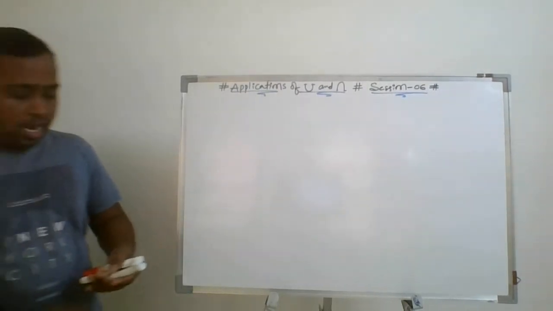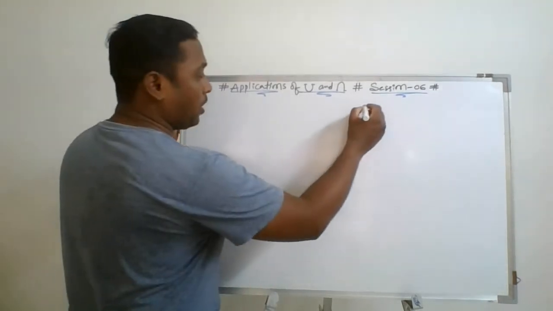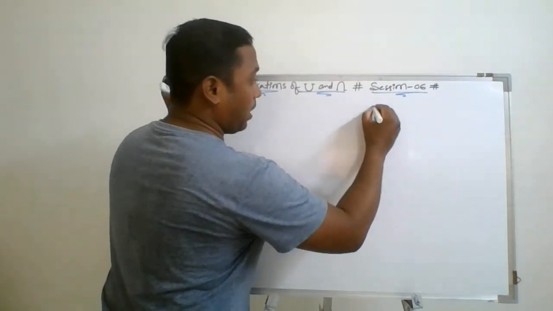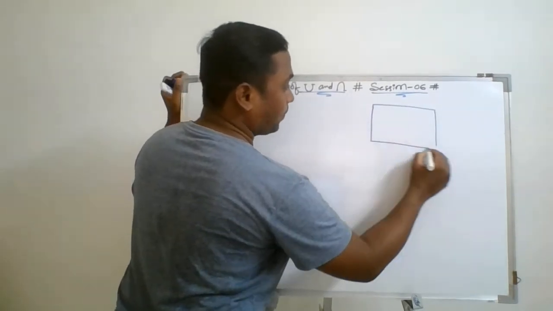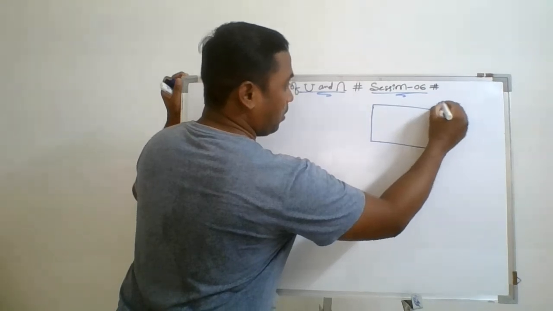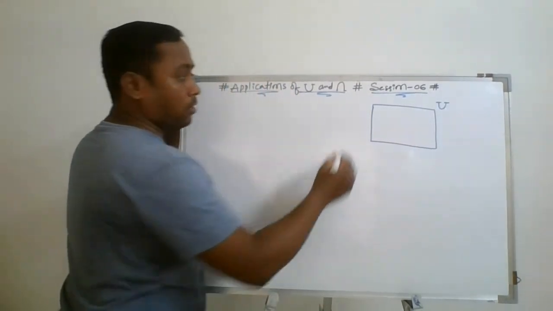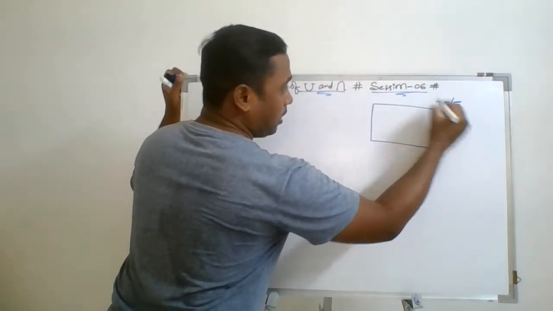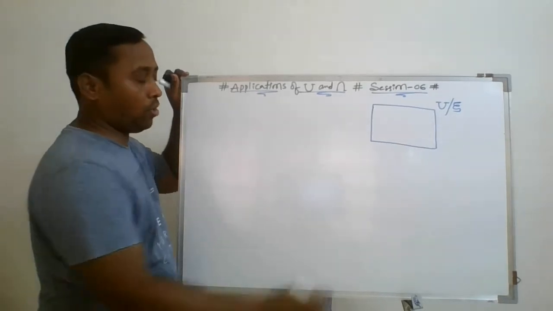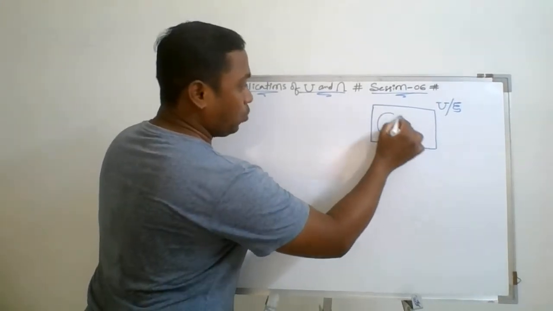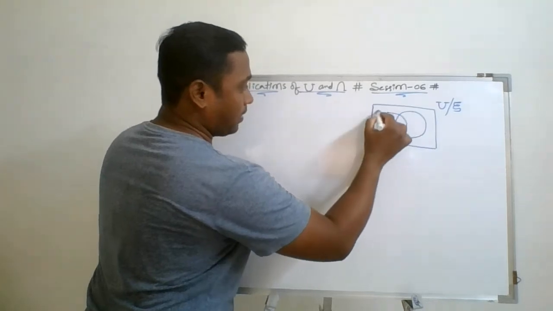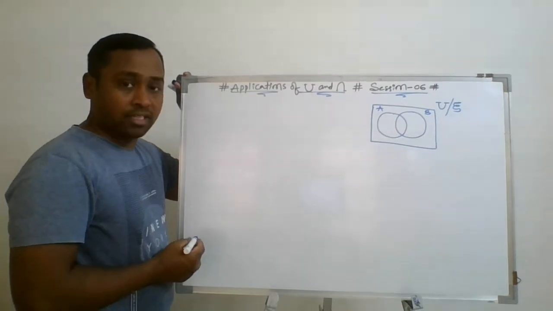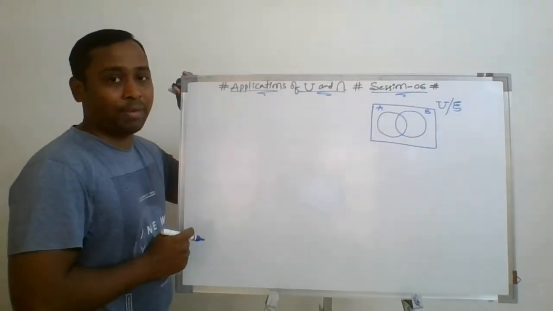Okay, so for that, I am taking one common diagram. As you know, in a Venn diagram, the universal set is denoted by U and diagrammatically represented by a rectangle. The other letter used for the universal set is epsilon. And then I'm taking two overlapping sets, meaning that the sets might have some common elements in them. That's why these circles are overlapping circles.